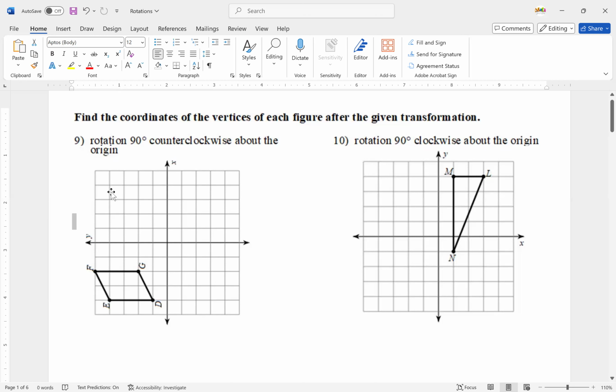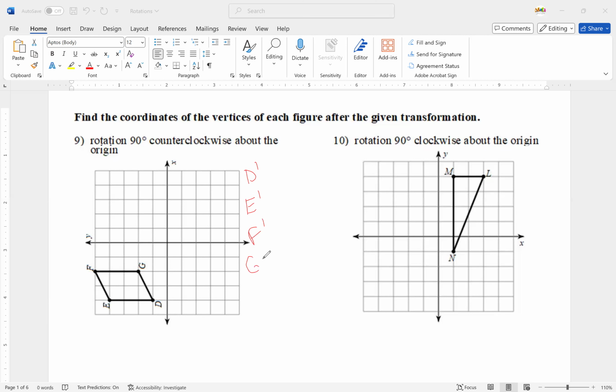Remember how originally it was up here and then it moved down. Now for this one, I'm going to come out with the coordinates, and I'm going to get D prime, E prime, F prime,